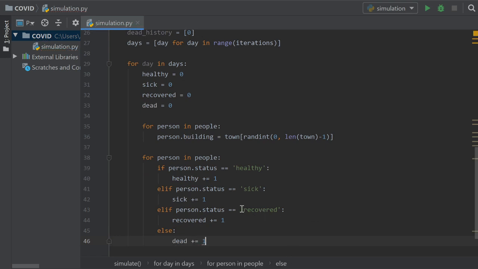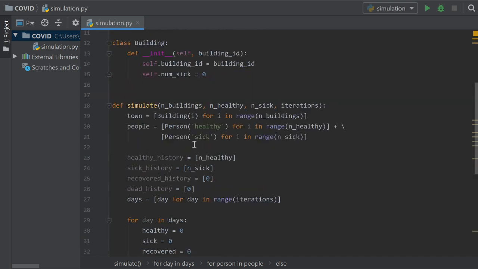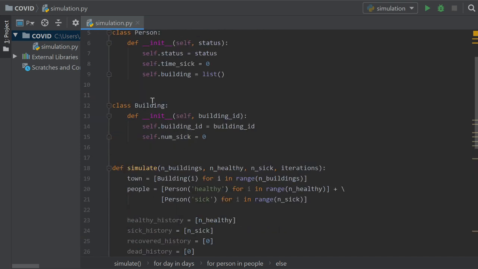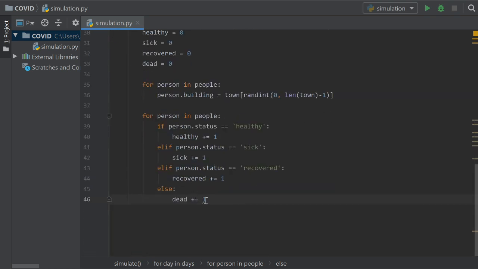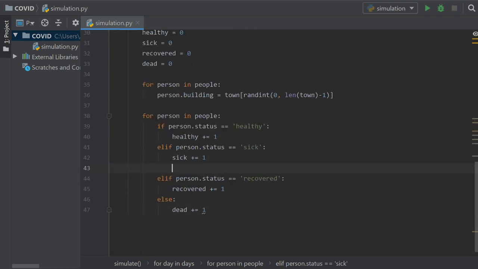Now there's one more thing we have to do here. If a person is sick, so when it's going through all the people, and it notices that a person is sick, that person has already had their building assigned. And so what we can do up here is in the building, we actually have an attribute called num_sick, so the number of sick people. So under here, under sick plus equals 1, we can say that the person that we're looking at.building,